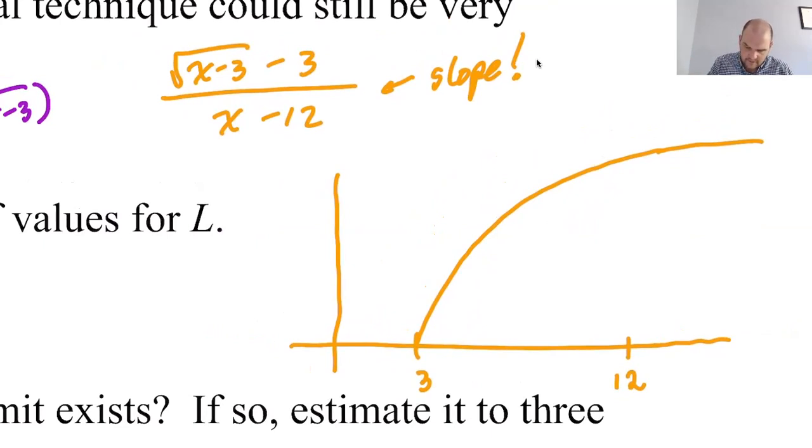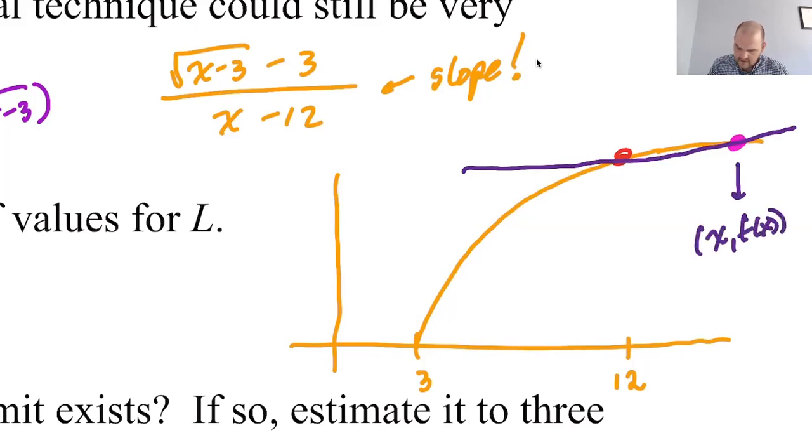Let's use a different color. We have our point here at 12, 3. And then we have some other point that's on this. So I'm going to put it here. And what we're finding is the slope between them. So we're finding the slope of that line. But since we're going to take the limit as x approaches 12, so this is our point x, f of x. As x gets closer to 12,